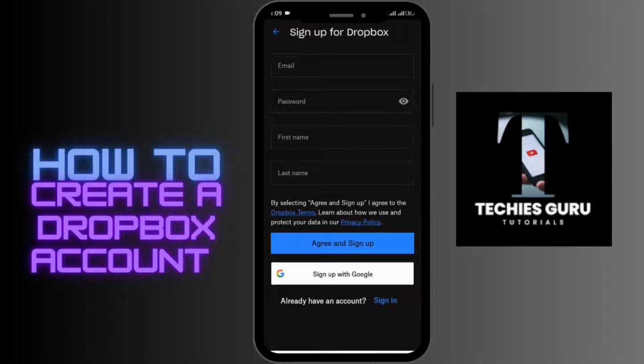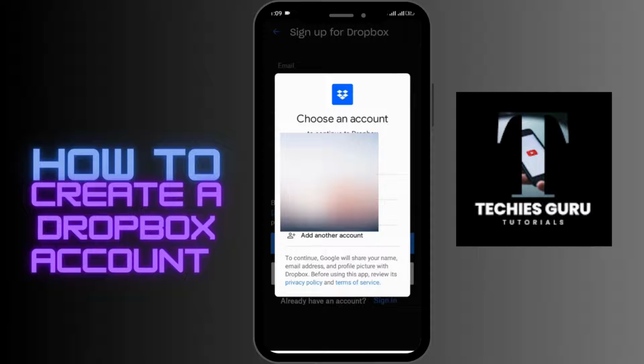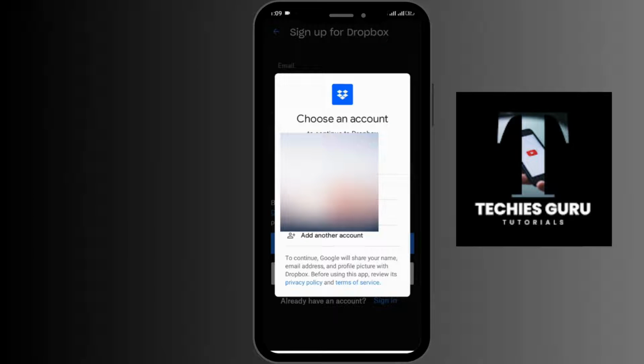And in this section, you need to enter your email address, password, first name and last name. If you want to sign up with Google, then you can also go for sign up with Google option. And after choosing for signing up with Google, you need to select your Gmail account with which you want to